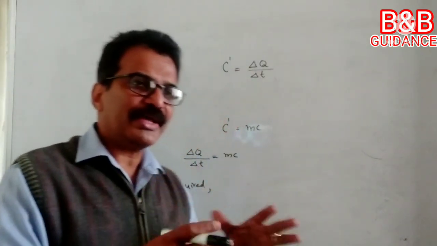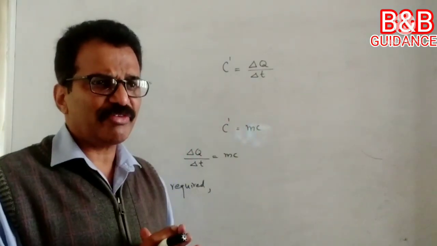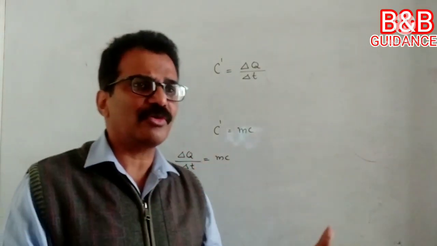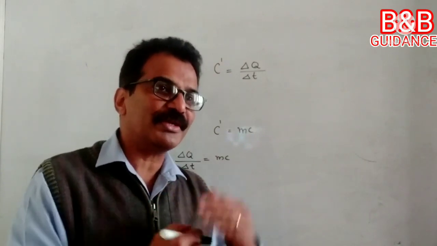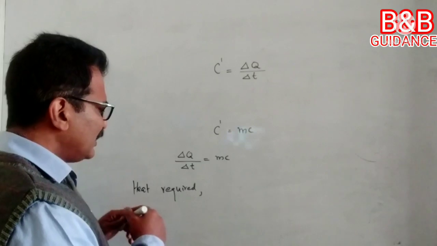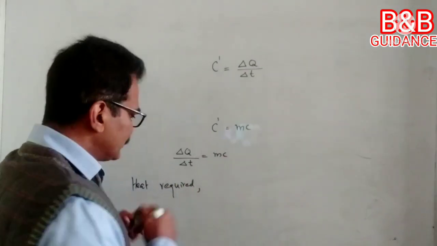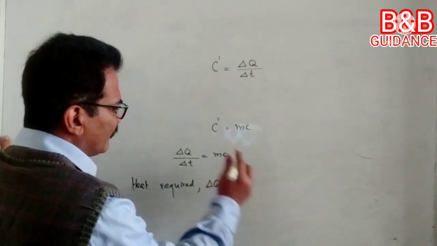So far I told about the increase in temperature of a body. So here it is heat required. Sometimes heat will be released also. Then I must say about fall in temperature. Generalizing the case, it means heat taken by the body or released by the body. Heat required delta Q is equal to, when I rearrange,